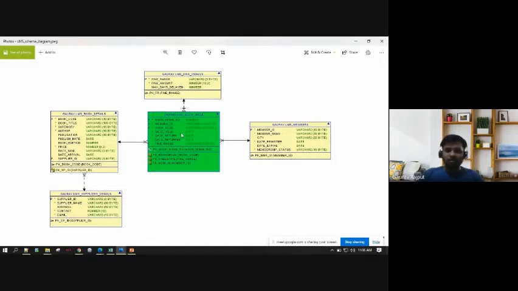Then you will be transacting in your library management system, right? A member would issue a book, right? So you want to capture information about when was it issued, when is it supposed to be returned, and when was it actually returned. So all this information is stored under LMS book issue, a table or collection or entity, right? And then fine information.